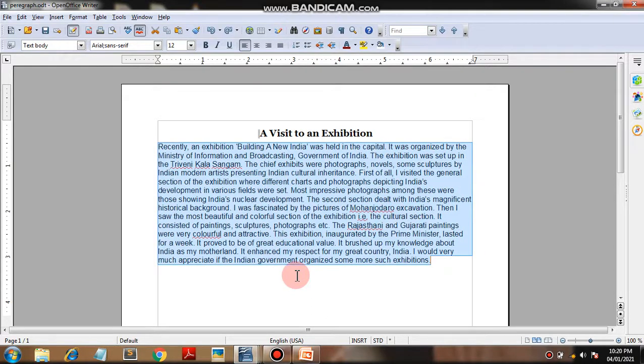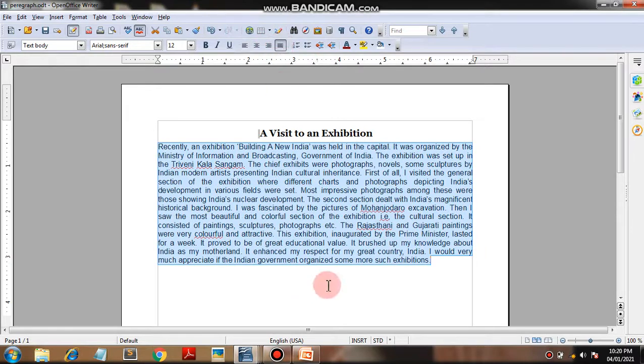Now if I want the paragraph in justified format, then select the whole paragraph, then click justify. See, justified. The shortcut key for justification is Ctrl+J. Align right, the shortcut key is Ctrl+R, centered is Ctrl+E, and align left, the shortcut key is Ctrl+L. So that type of basic formatting is done.